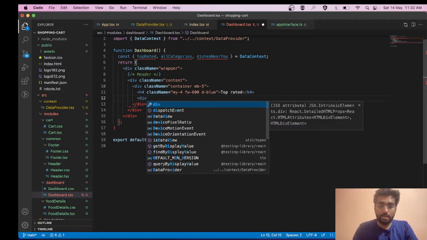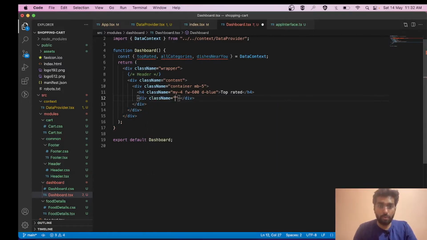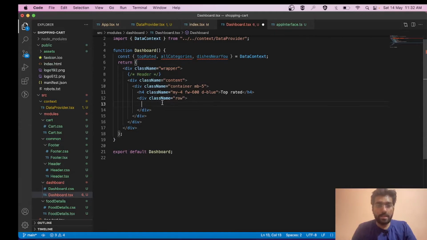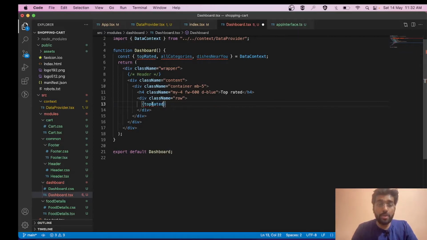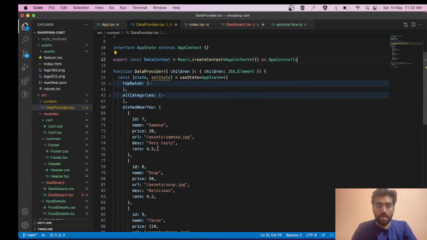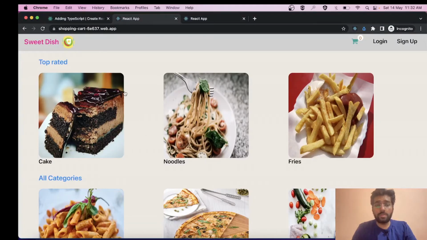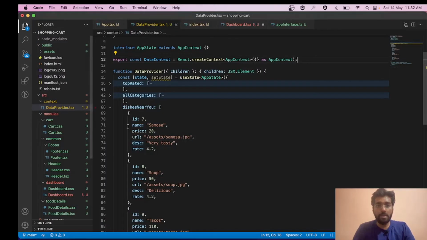And that div is going to take the class name of row. Row basically has the property of display flex. It is available in bootstrap only. So friends, inside this row I am simply going to run a loop over top rated items, using this top rated dot map, and I am going to traverse through the object that we have added over here. And we are going to simply write the img component, and we are simply going to pass this URL that we have over here.